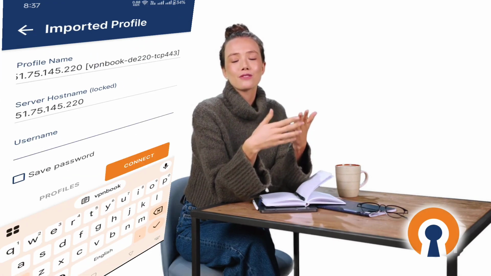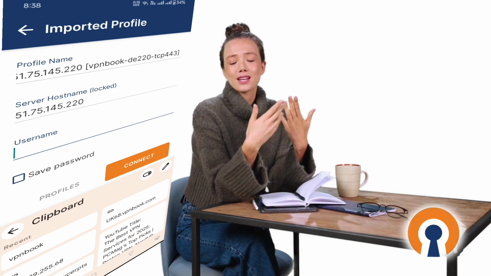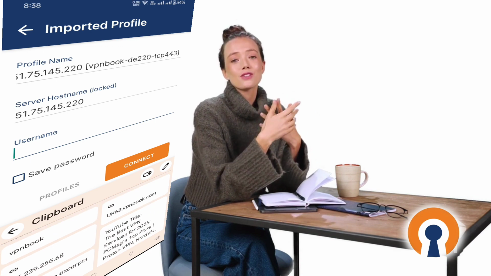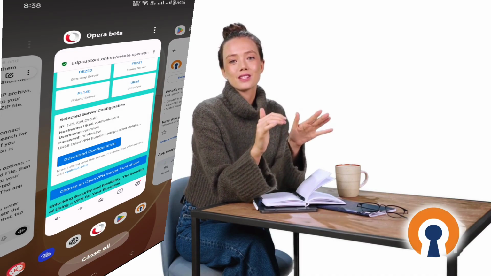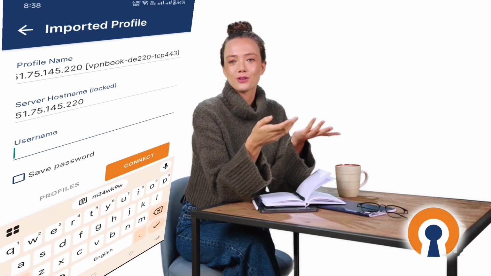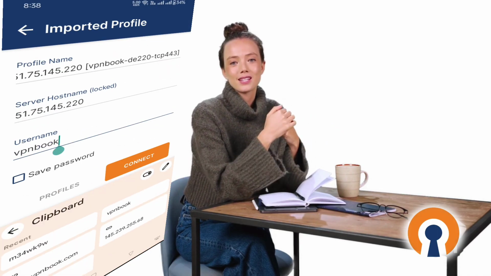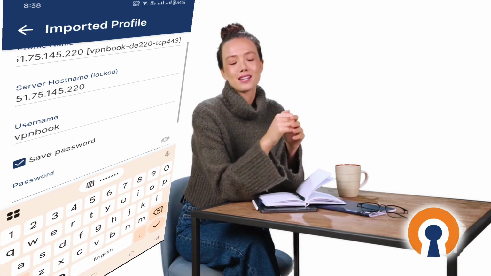The app will import the file automatically. Once imported, it will prompt you to enter your username and password. Paste the credentials you saved earlier. After that, tap Connect. Within a few seconds, your OpenVPN connection will be successfully established. You'll now have a secure, fast, and private internet connection, ensuring your data is encrypted and your browsing activity remains